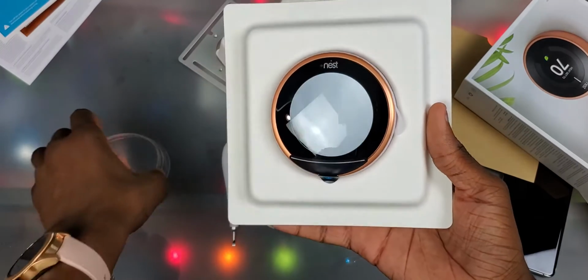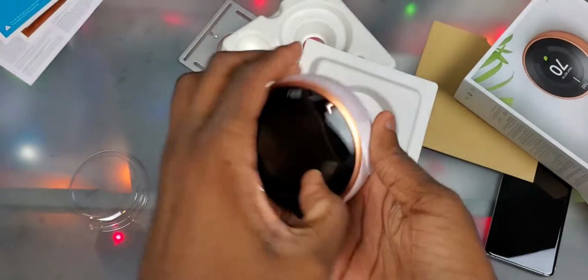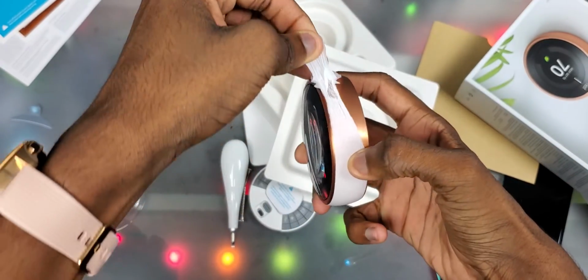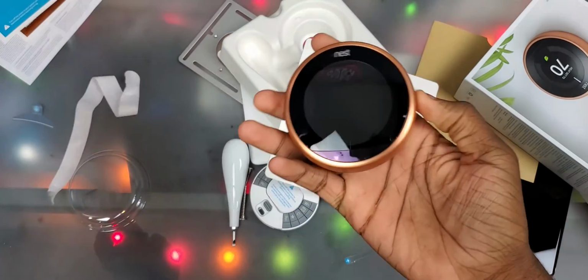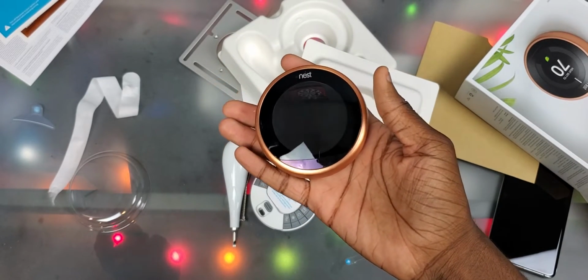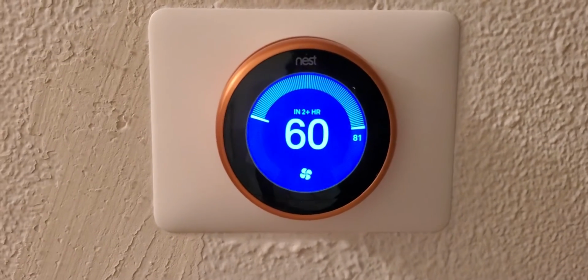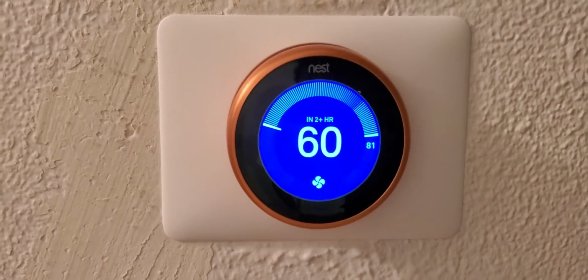Take this off here and there's our Nest. Taking that out there. Man, this feels nice. And let's just go ahead and peel that off on the side. Man, that color does look nice though. But anyways, I'm not going to go through the setup or anything. I'm going to just go ahead and install it on my wall and I'll get back to y'all when I'm done with that. Alright y'all, so we're back literally hours later because I had problems with my breaker,